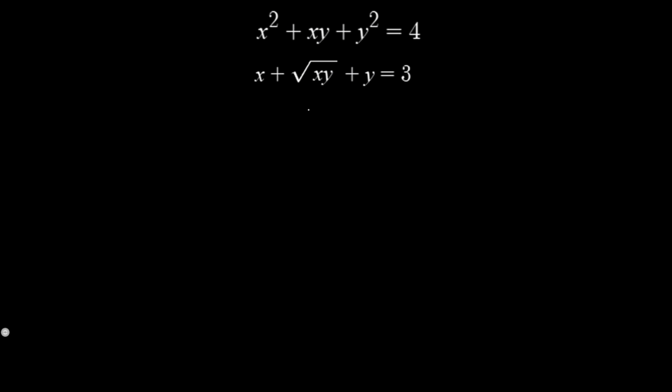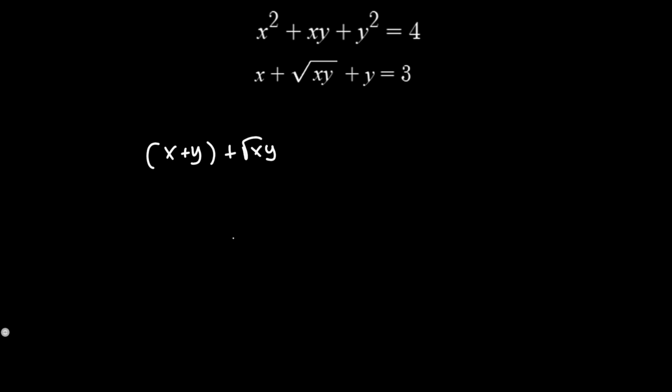And looking at the left side for both equations, they look very similar. It's just that everything is squared in the second equation, and in the first equation, everything is not. So let's just say that we have, for example, right? I could square this, which I'm not going to yet, but let's just look at x plus y plus root xy,